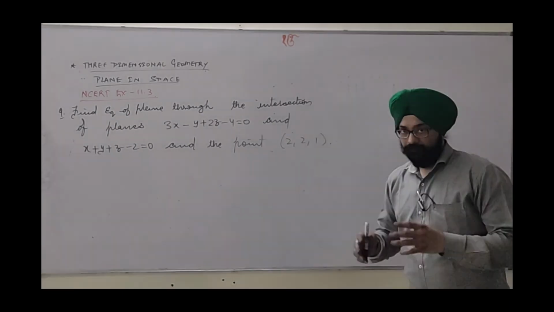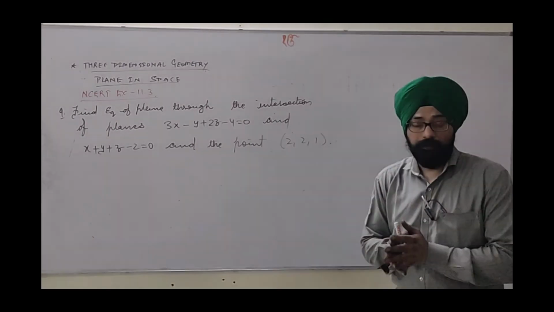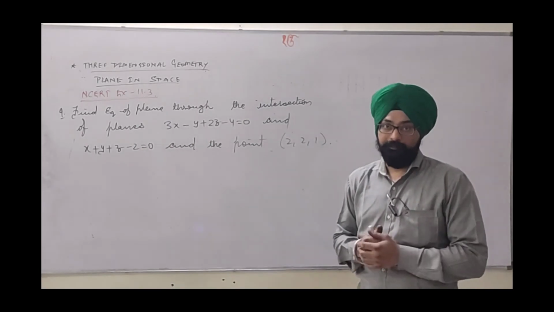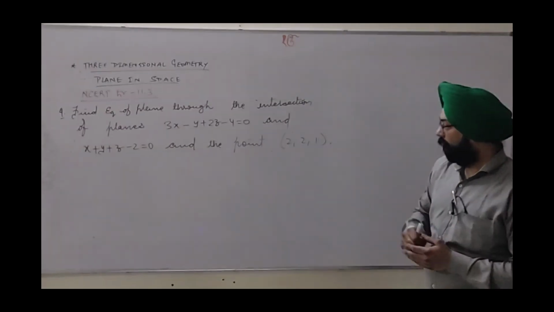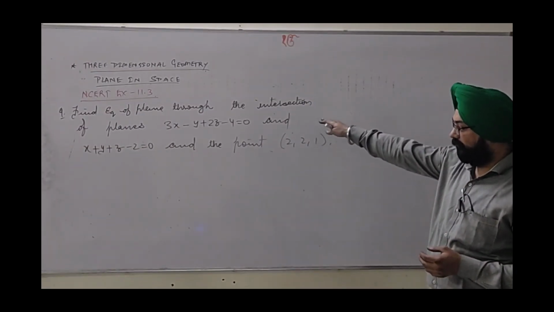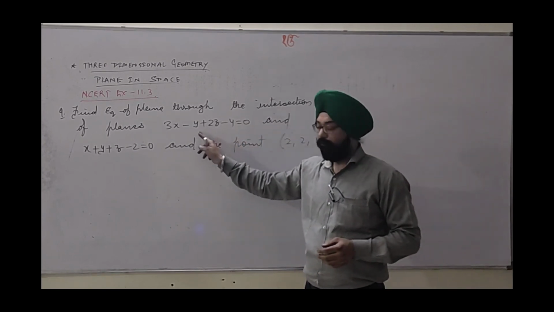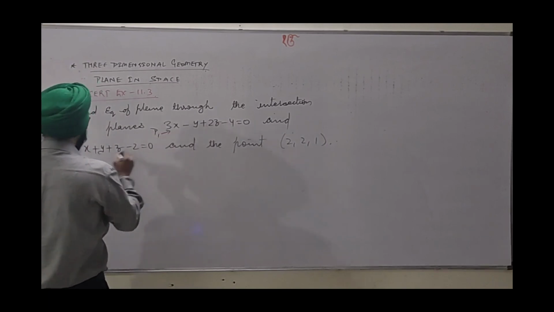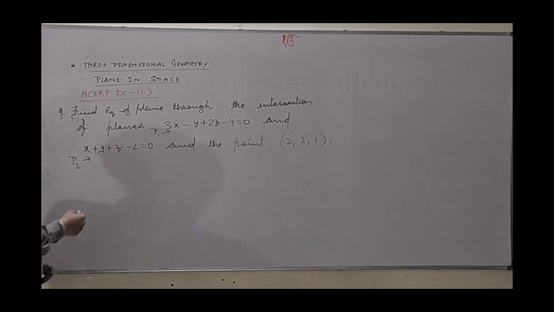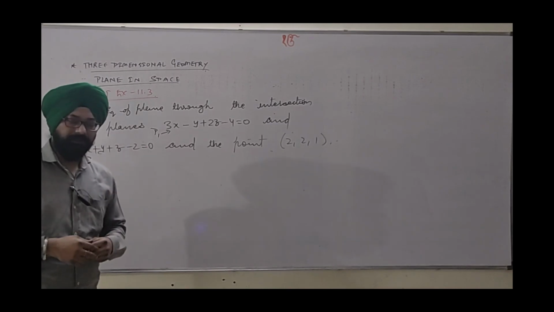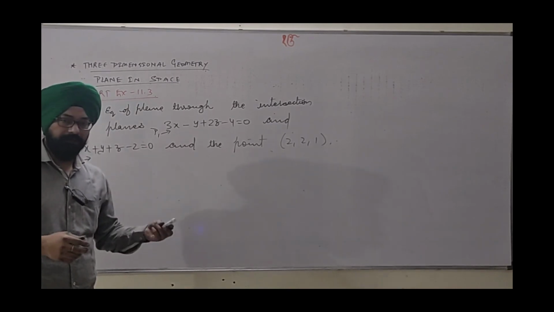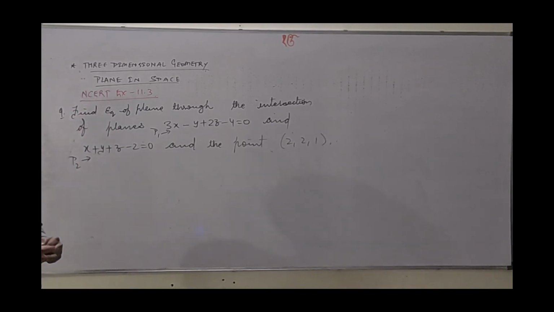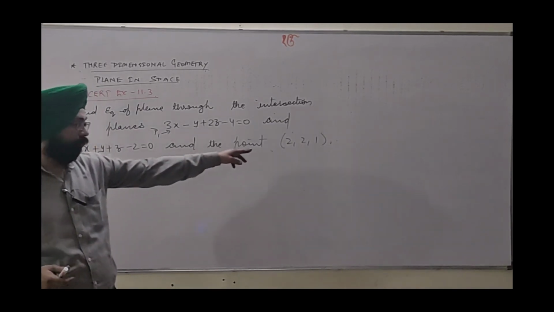I have taken for this module the last question, question number 9, an application of the intersection of planes and the plane passing through that intersection. We need a plane passing through the intersection of given planes P1 and P2, and this as P2, in Cartesian form they are given. It doesn't matter whichever form looks comfortable to you. You can convert from one to other, vector to Cartesian or Cartesian to vector, we have seen earlier. Also, we are given the required plane passes through the point (2, 2, 1).